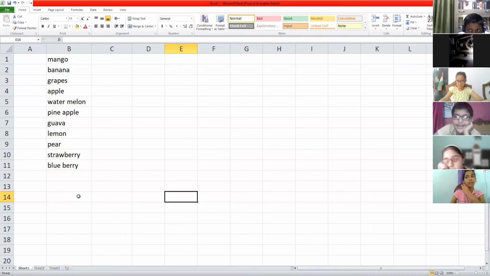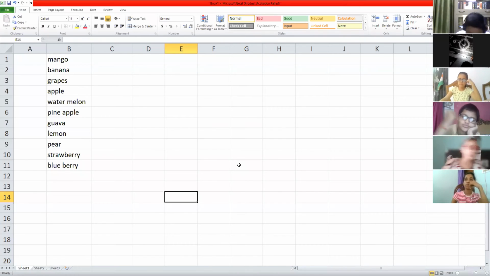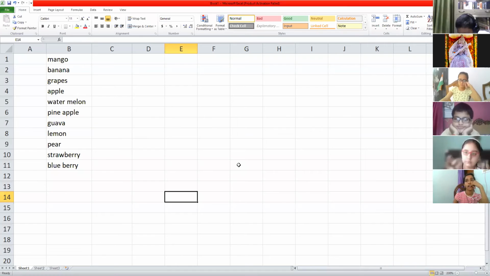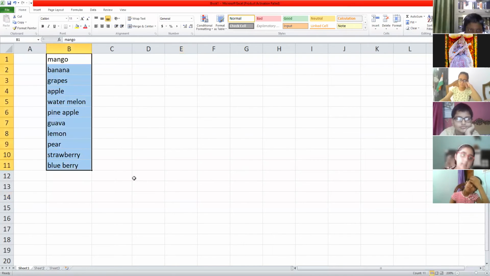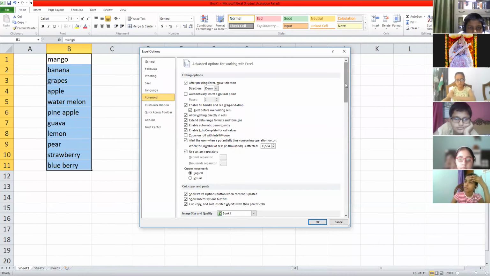Well, in that condition, if I want to save this list, earlier what we were doing in the custom list was typing our list in that dialog box of the custom list. Now, if I don't want to type the list there, and I have already typed that list in this Excel sheet, and I want it to be in that custom list, then what do I have to do? First, I will select it. Fine. I've selected it. Now, the same steps have to be followed. Go to File, go to Options, go to Advanced, then go for General.